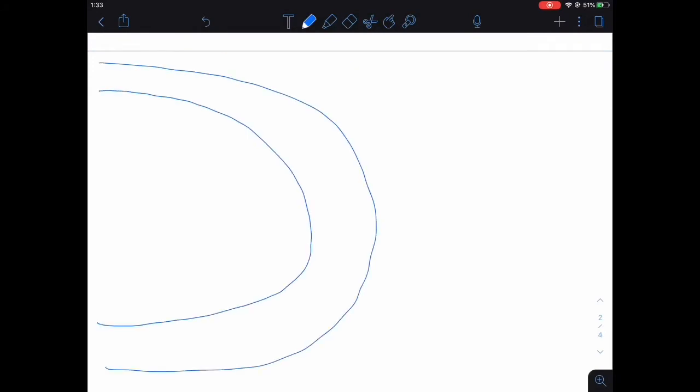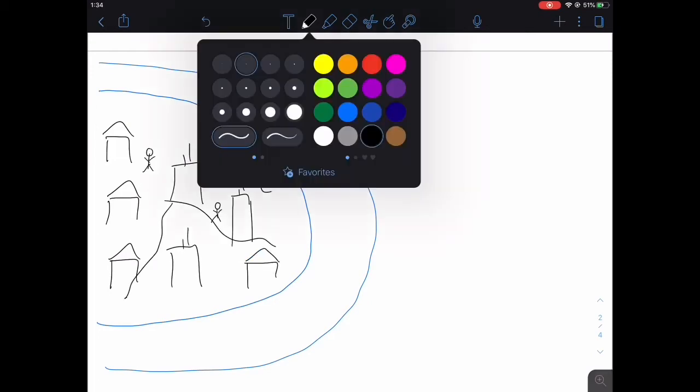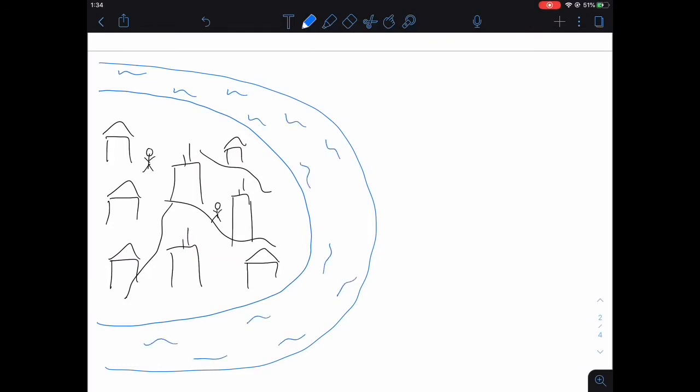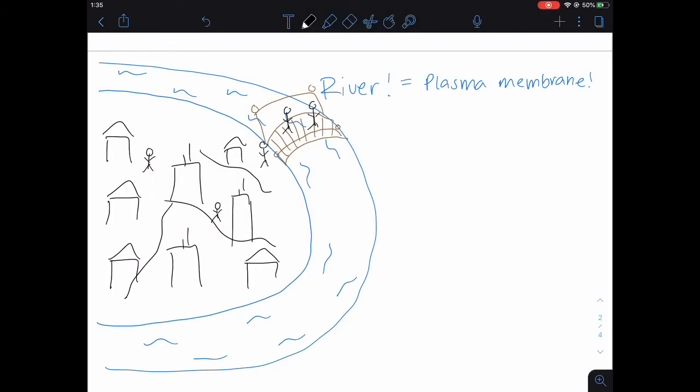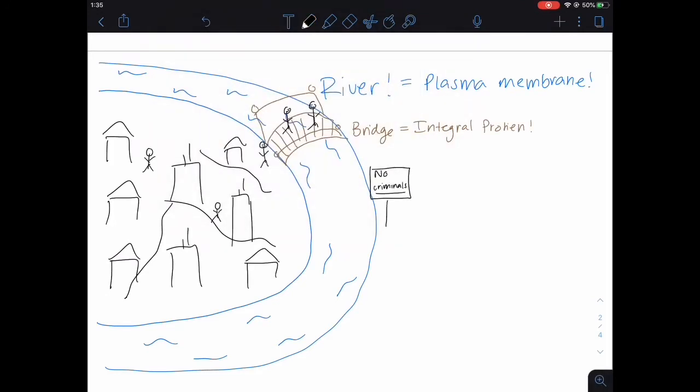Then, moving on to our first structure, every city has a somewhat border around it. Here in Cell City, we have a river all around the city that acts like a plasma membrane. It allows some things to enter the cell city through bridges that act as integral proteins that can bring important people or things in need for our cell city,